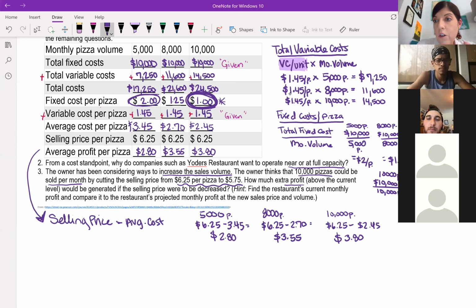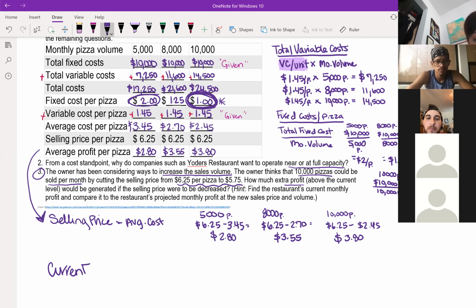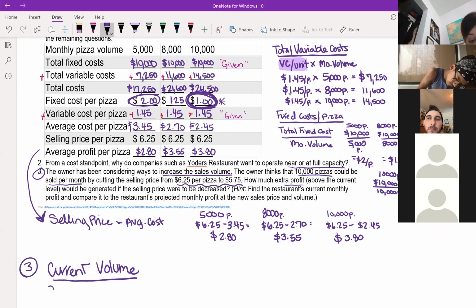So first things first is we have to figure out what profit we actually have at the current level of volume that we're selling. So current volume. So sales at the current volume is 8,000 pizzas per month at